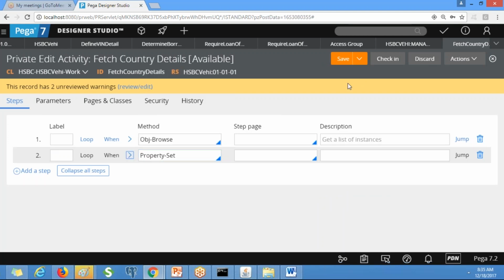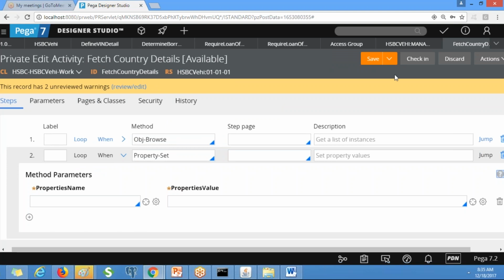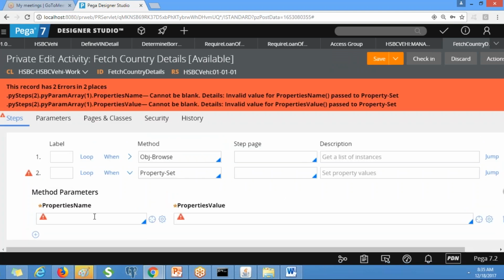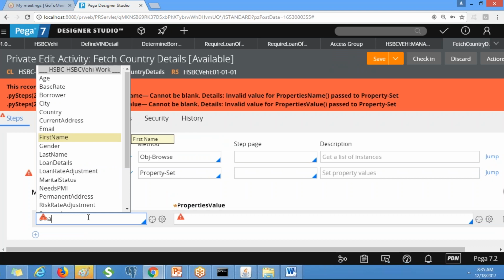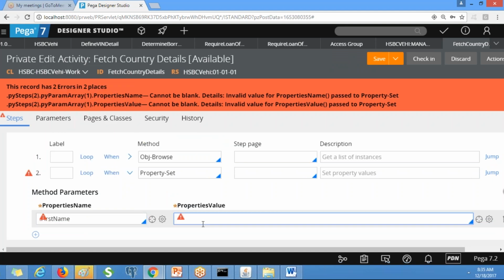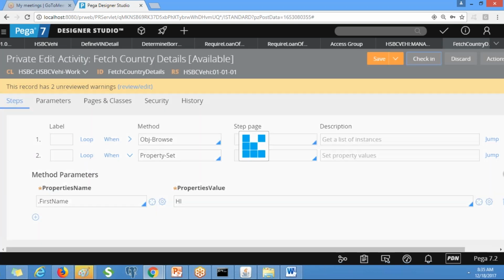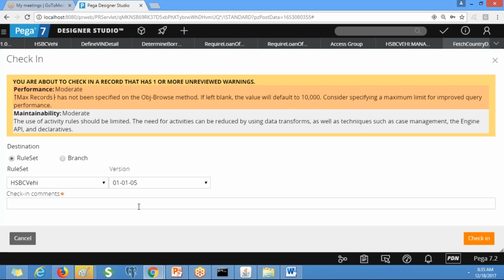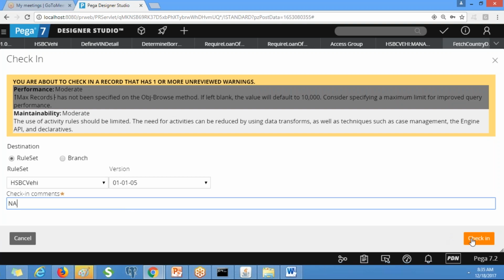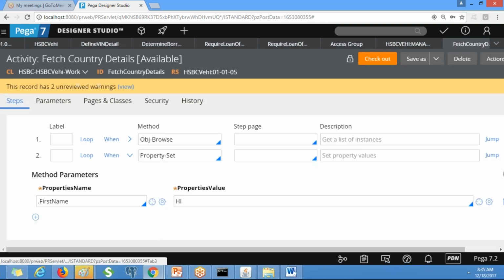Okay, so then what do I do? But I cannot check in, right? See, when you are trying to check in this rule, what is happening?